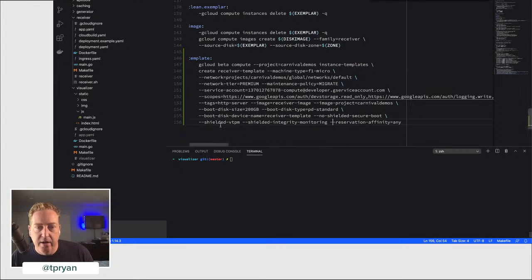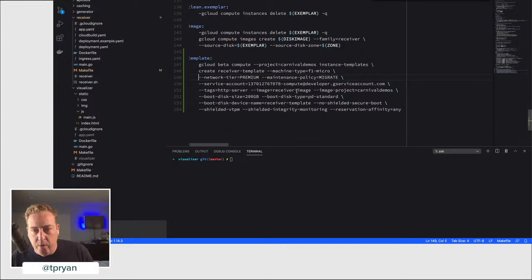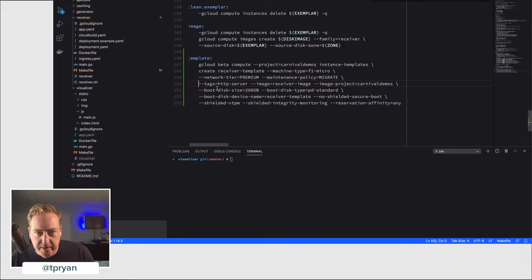commands are there. So looking at this, I generally tend not to add the scopes. The defaults are usually good enough for this. Network tiers, premium, that's fine. Network projects, that's all fine. I'm going to get rid of this because that'll default properly, and I don't want to have my project name in there. Same thing with this service account. I don't want that in there. That'll be done